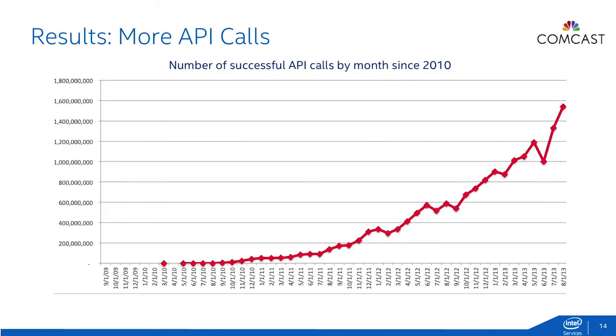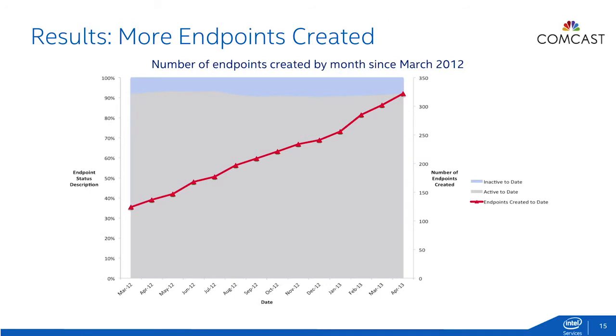So this is more a result of how the CodeBig traffic grew. We started in 2010, and now our traffic is about 1.6 billion requests a month. So from 2010, that is a huge growth. I think we're expecting 2 billion by the end of this year. And also more endpoints were created, right? We have about 300 plus endpoints, 80 plus APIs, but we have a lot of endpoints behind the APIs.